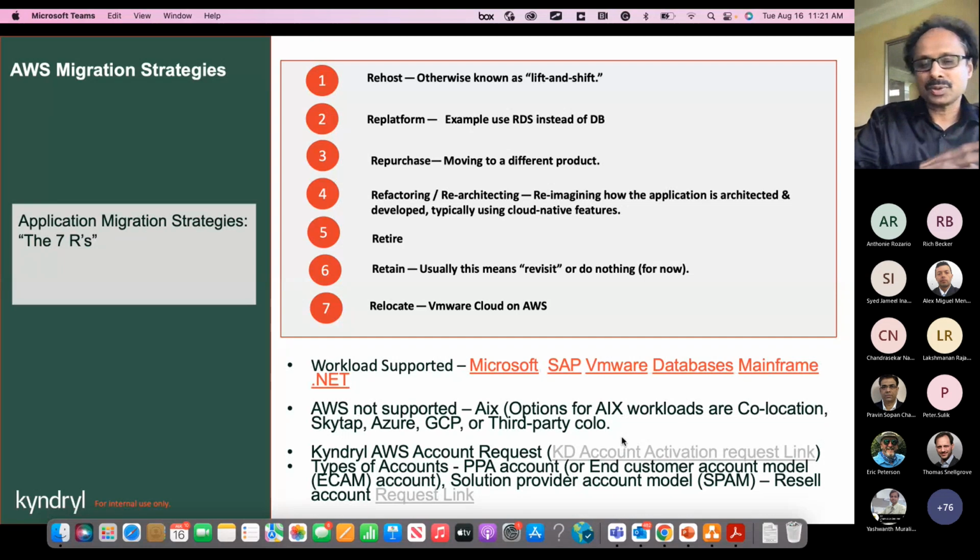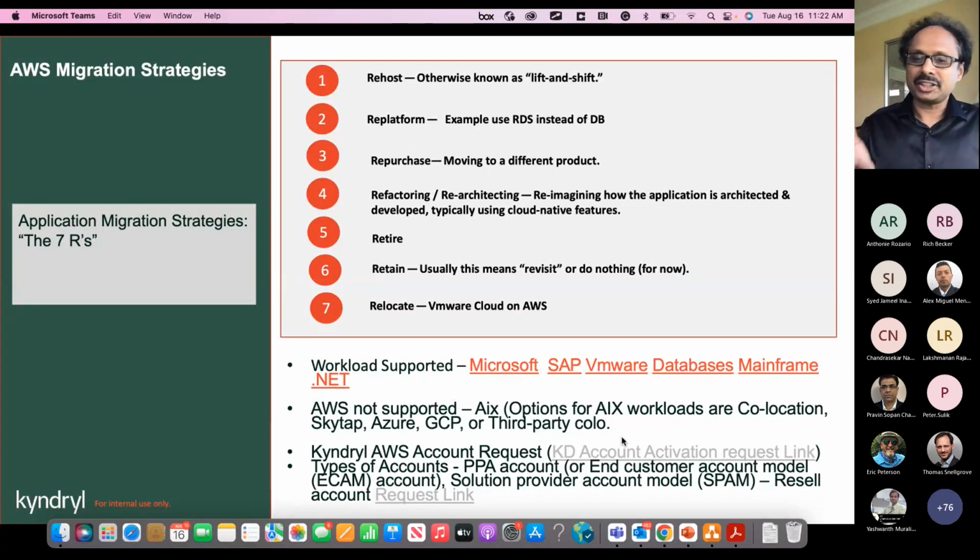The other frequent question that I'm getting is, hey, can I get an account within AWS for me in Kyndryl? So the cloud team is extensively working on how to set up and onboard the AWS accounts, and they have had a couple of presentations listing out all the details about Control Tower, all the business organizations, and how they are onboarding the new customer accounts. So at a high level,